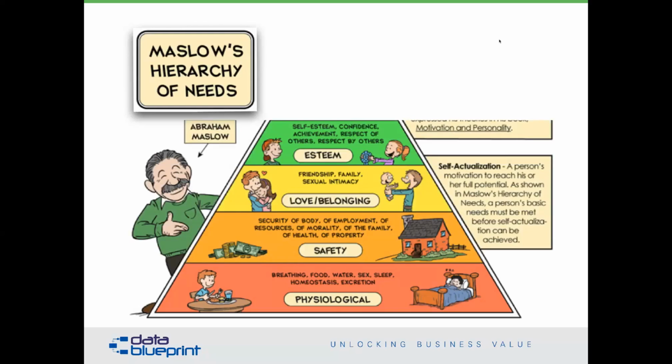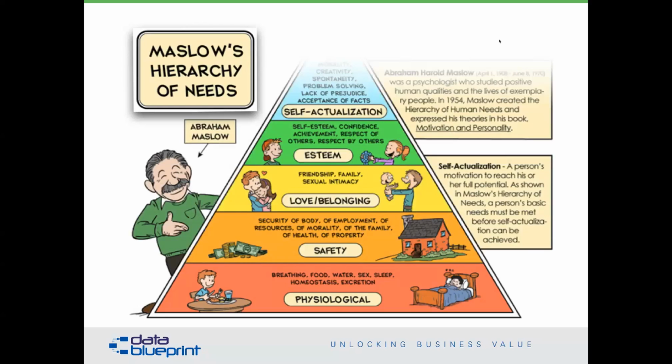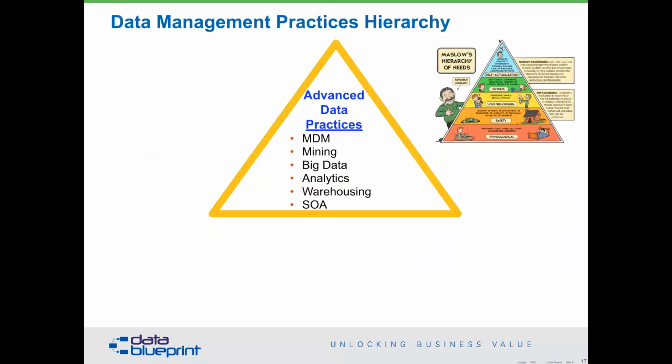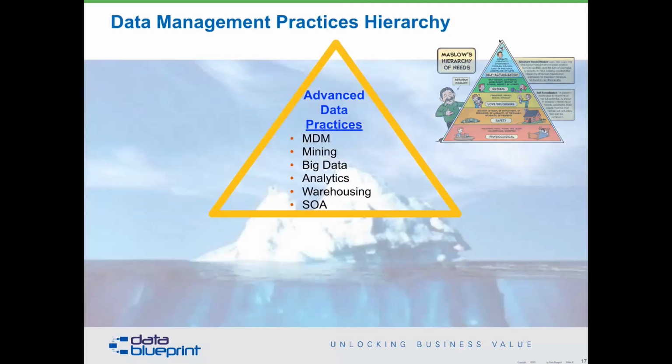And in fact, all of these four levels are prerequisites to getting to what we call self-actualization, all the way at the very top. There are some new terms for this. People are calling it flow and other types of fancy things, but it's all basically back to Maslow, which just means operating at your highest potential. And these hierarchies are very much like data management. While all the press has been focused on things like MDM and big data and blockchain and all the rest of the things that are there, these are really just the tip of the iceberg.